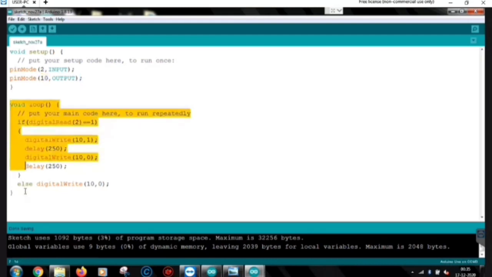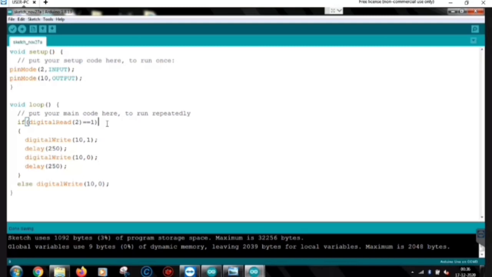Okay, so for our project, what we want is that we will check whether the push button is pressed or not, and if it is pressed then we will blink the LED, and if it is released then we will turn the LED off. Okay, so first we need to check whether the push button is pressed or not.